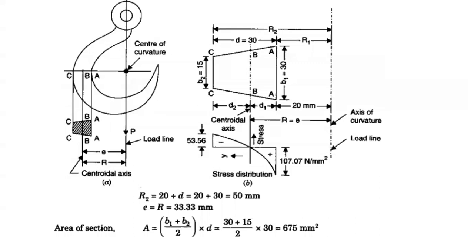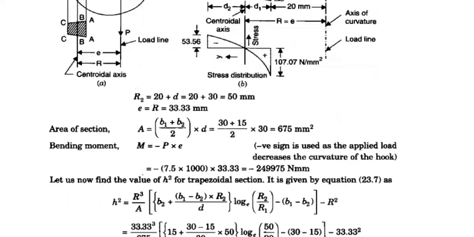Here the radius of curvature R will be equal to e. I already mentioned that; please observe it in the given figure also. It is the same distance. The e value means eccentricity, so you already know the value of e. If you know the value of e, or R, you can directly substitute. But here both values are unknown, so directly you can calculate the moment of force. M equals P into e.